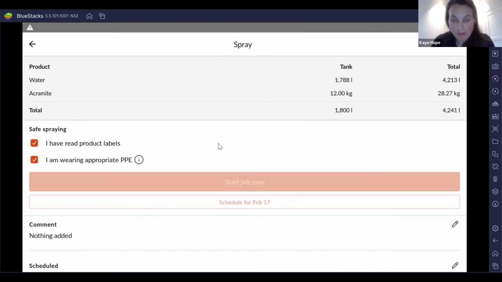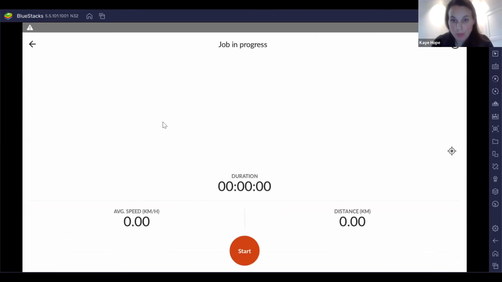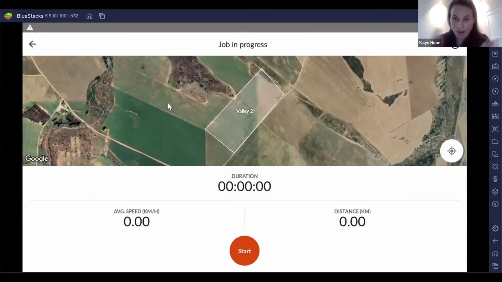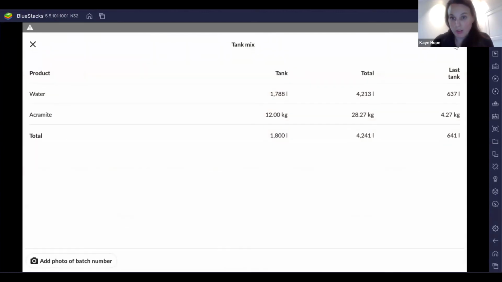So for those of you who haven't been out tracking jobs with Farmable, here we're using the GPS on your mobile phone to track work in real time. We capture the duration, the speed and the distance of that job, and then we share it in real time with the farm manager. And we always offer the tank mix in the top right-hand corner, including